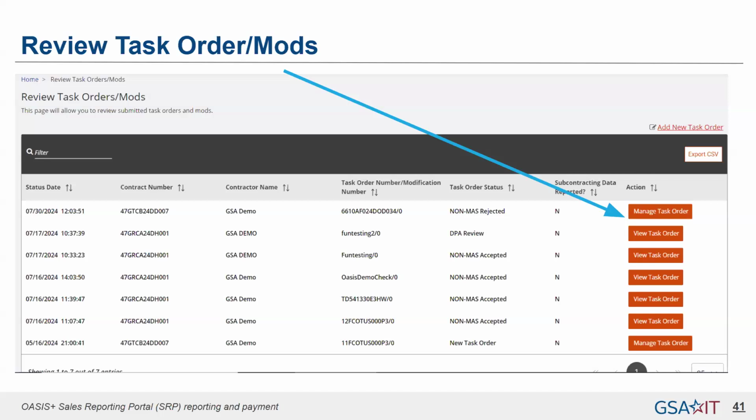And then you need to submit it again for approval. And at the end, everything goes into non-mass accepted status if all the data is cleaned, which is what we're trying to do here. So pay attention to that. Very important. I just want to also show you real quick on